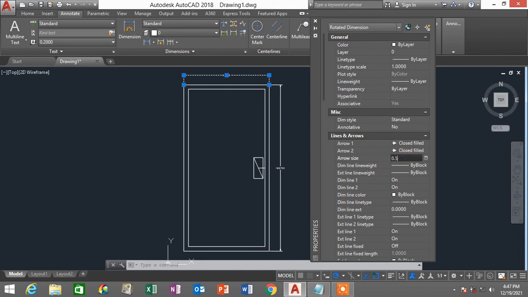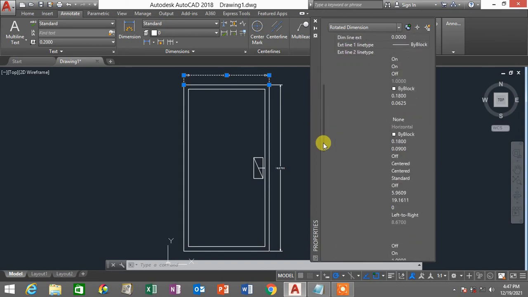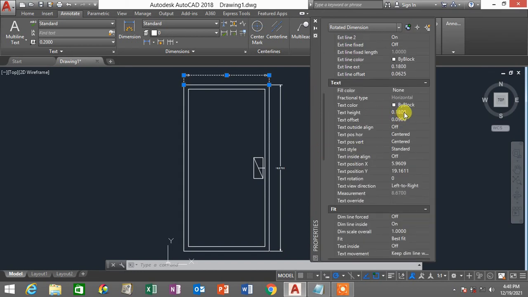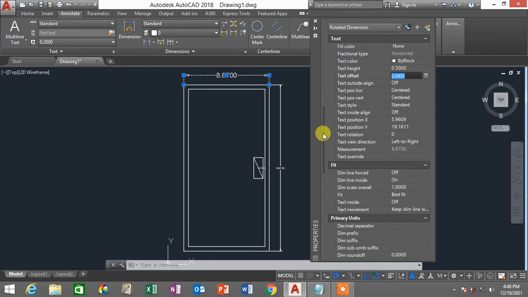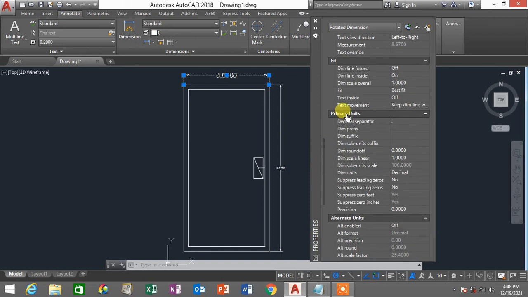I type 0.5 just to make the arrow size bigger. Press enter. Scroll down a little bit until I can see the text height section over here. Type 0.5 and press enter. Okay, and then scroll a little bit down again until I can see the primary unit section, and then I